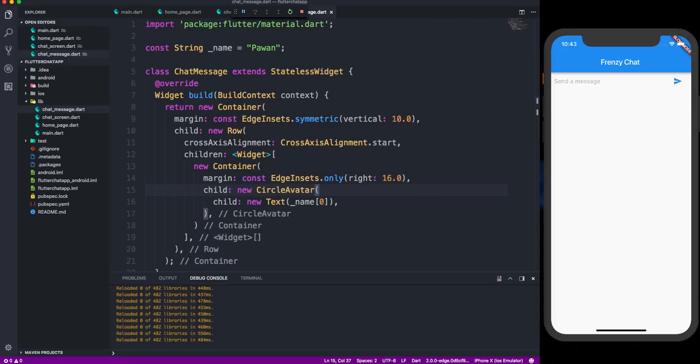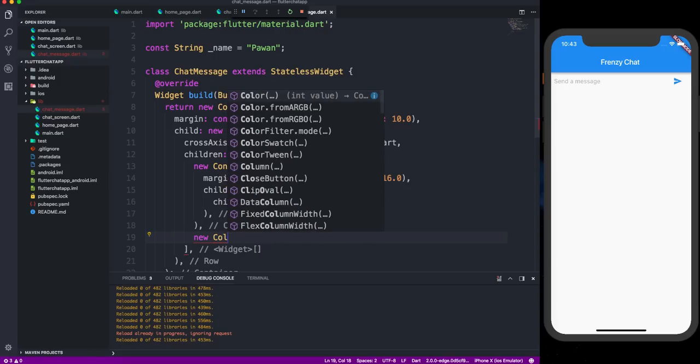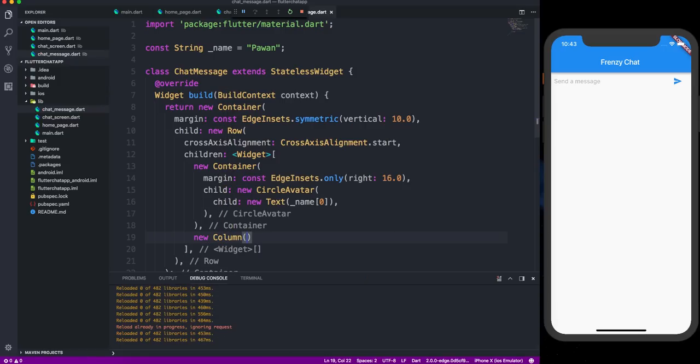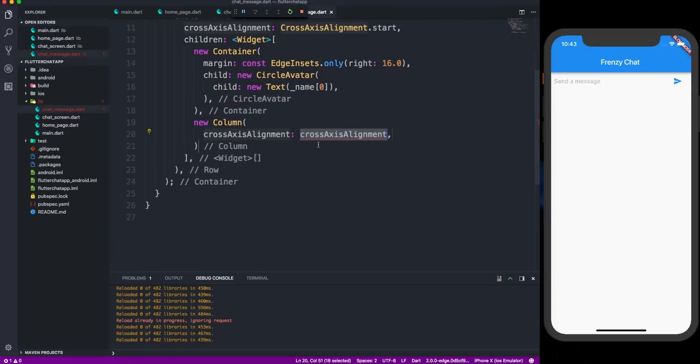Now after that, we want something here. So we have this container now. Now outside this container, let's make a column, because we want to represent this. Let's have a column, because there should be the name of that person, and there would be a text of the user. So that is what I am trying to do here. So let's say cross axis alignment